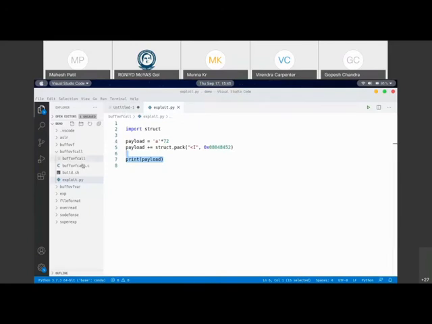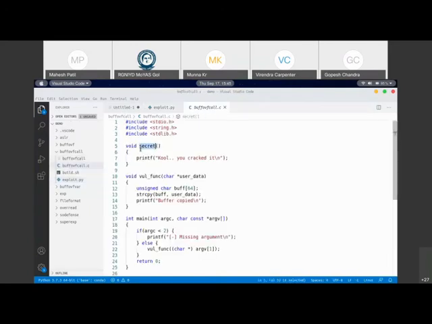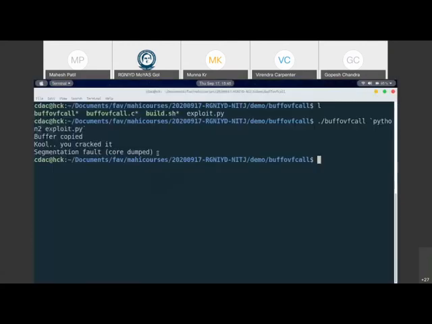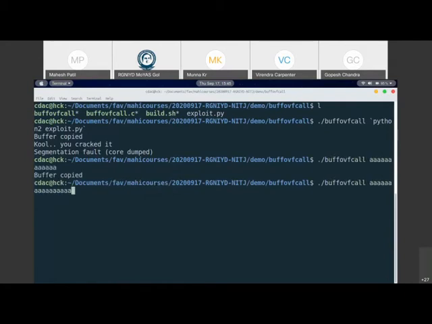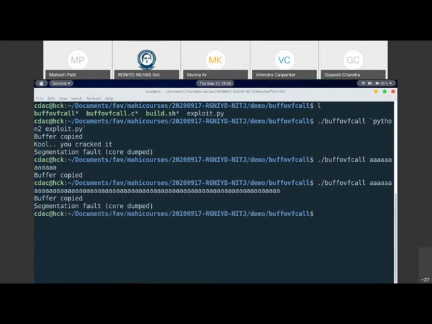If you actually look at the C program now, the secret function is never called, but now we are getting this output. It means indirectly the buffer is overwritten in such a way that we are able to take control over the execution flow of the program. And this is precisely the output. If you pass any other input, like if I pass A to the buffer overflow, it still works fine. But if I pass any other string, it just causes a segmentation fault, and it does not call this function, "cool, you cracked it." It is only possible after we execute this Python script.